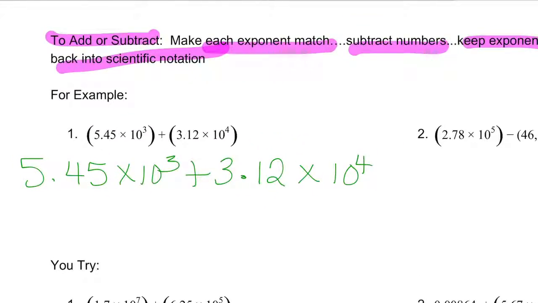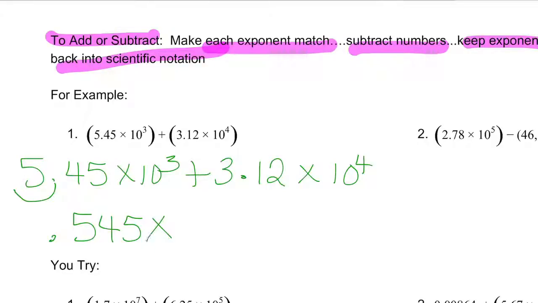We want to make our exponents match. So in order to do that, we should make this 10 to the fourth by bumping this decimal over one more. So we would move it like this,